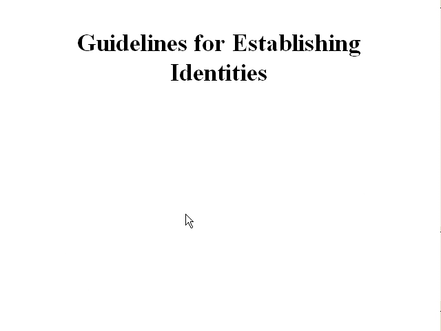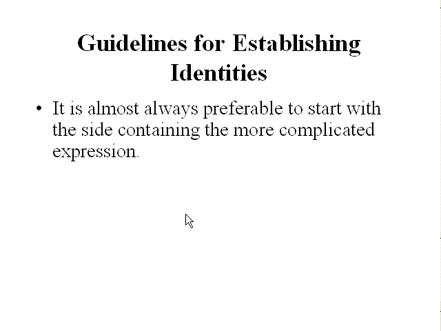Now we can make up some general rules that help in figuring out what a good strategy is. One thing is kind of a common sense thing, that it makes more sense to start with something complicated and make it simple than to start with something simple and make it complicated. Usually when you're making things simple, there's a clear trajectory, there's a clear path to follow to get to an end. When you're making things more complicated, there's so many choices that you have that you're hard-pressed to find the right one at random. So, go from complicated to simple.